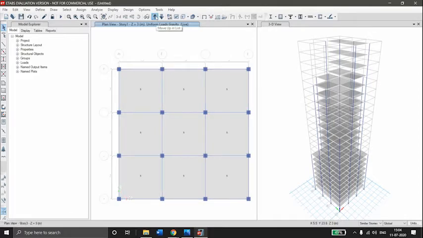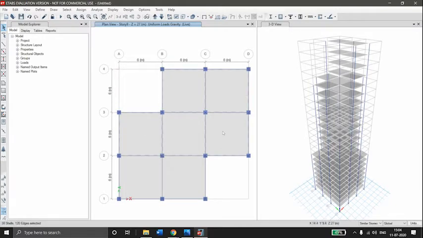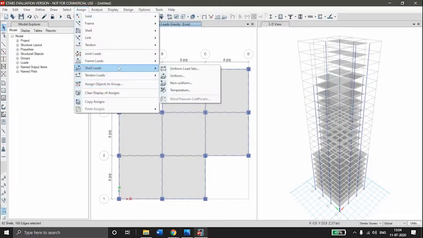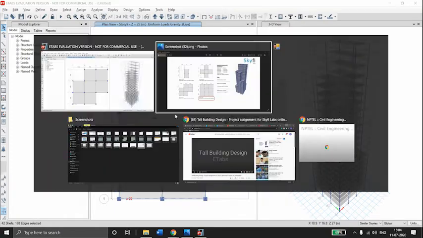Go to story 9. Select all the slabs. Go to assign shell loads uniform, live load.